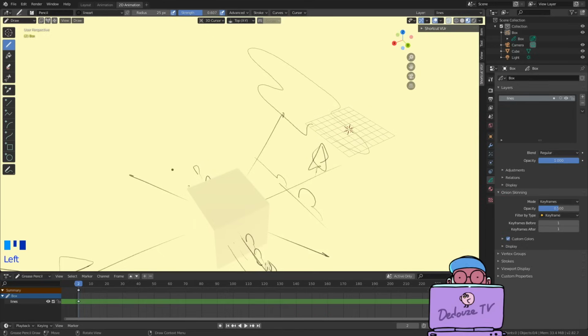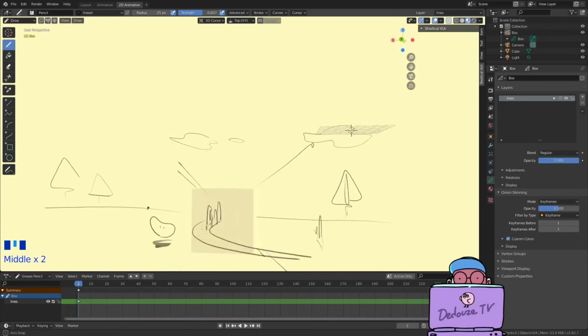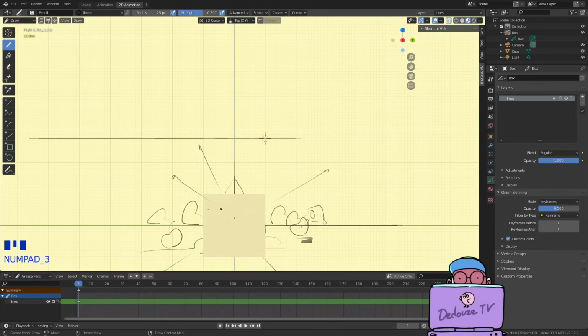Of course, numpad 1 is just one of the available orthographic views. We can also press numpad 3, and here we are on the side with an orthographic view also. And if you shift right click somewhere in the horizon from here to the left or to the right, we are actually moving the 3D cursor to the front or to the background because we see it from the side. I'm gonna place the 3D cursor, let's say, on this car.